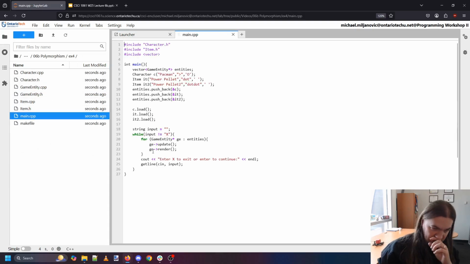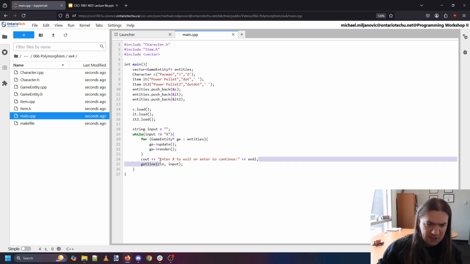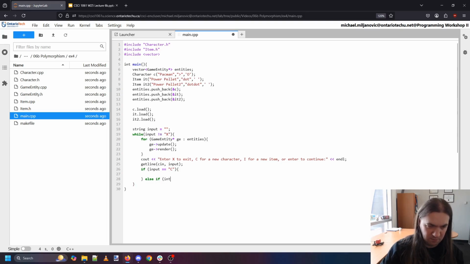Okay, so in here I have right now just the option to exit. So how about we say X to exit, C for a new character, or I for a new item, or enter to continue. And so then if input is C, else if input is I, then let's build a